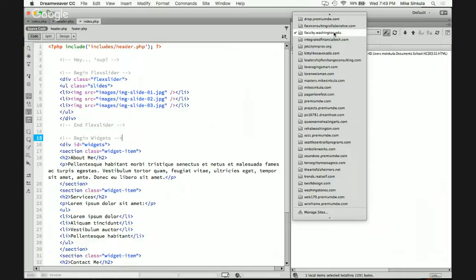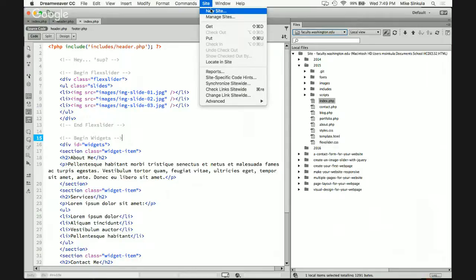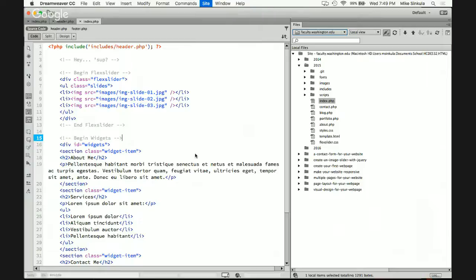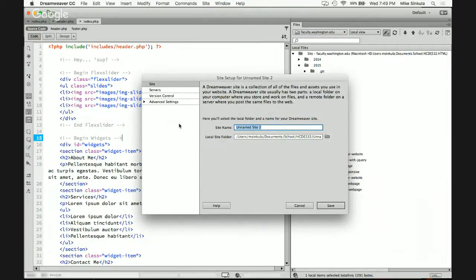Great. So what you need to do then is make a new site. I'll make a duplicate, right? So if I say new site, here's the information that I need to put in. I need to name it. Because I'm using my faculty.washington, let's name it like this. And to differentiate it from the other one, I am going to put in my username, okay? So you're going to say students.washington.edu, and you can put in your username if you want to, right? I then need to choose